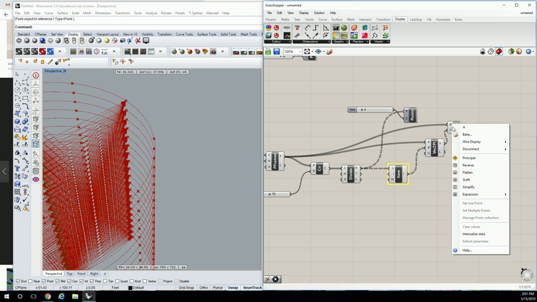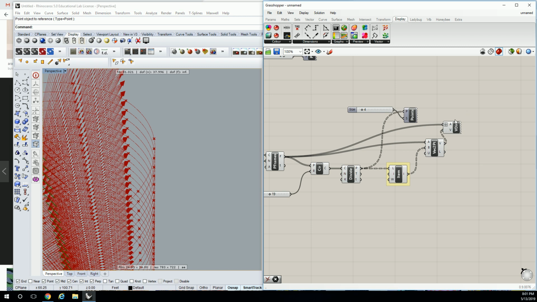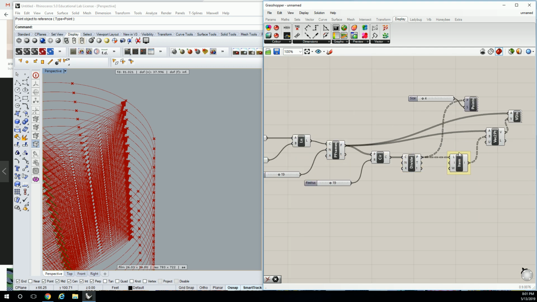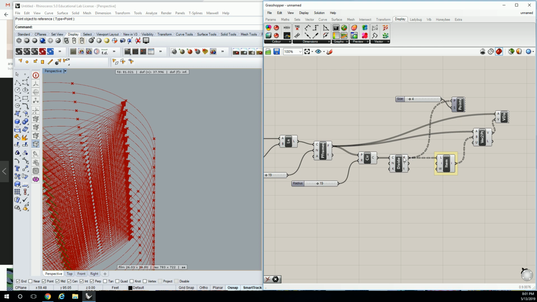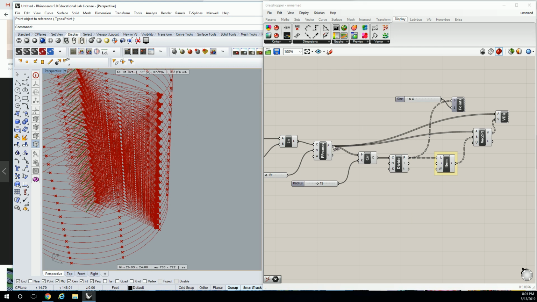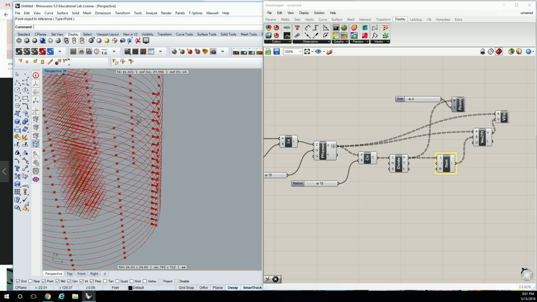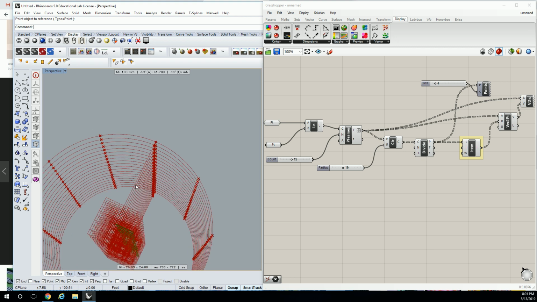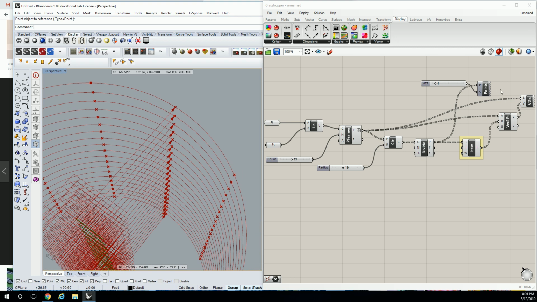And this needs to be grafted. Whoa, that's not right. Hang on. Anchor point. So we have 20 vectors. Oh, this is going out in groups of 20. Why is that going out in groups of 20? So each one, oh, this can just be grafted. There we go. So that's what you're seeing right here, is that each one of these elements has a vector,